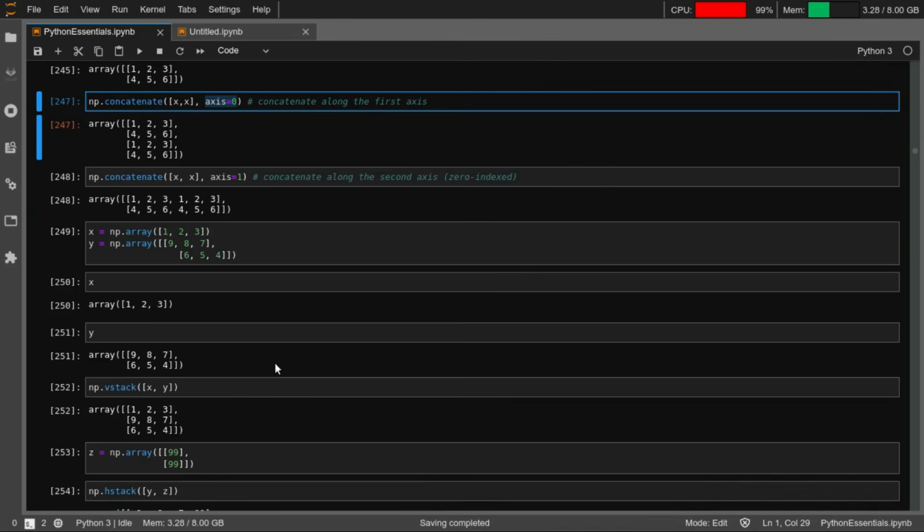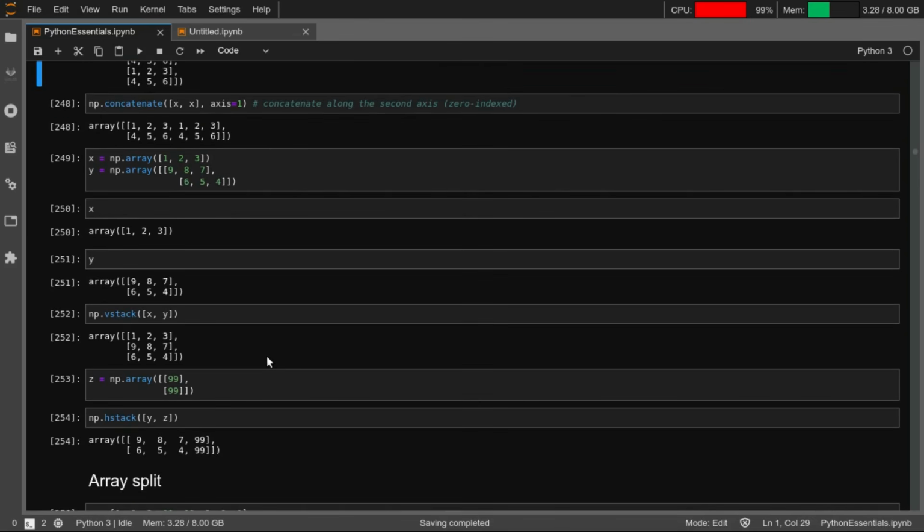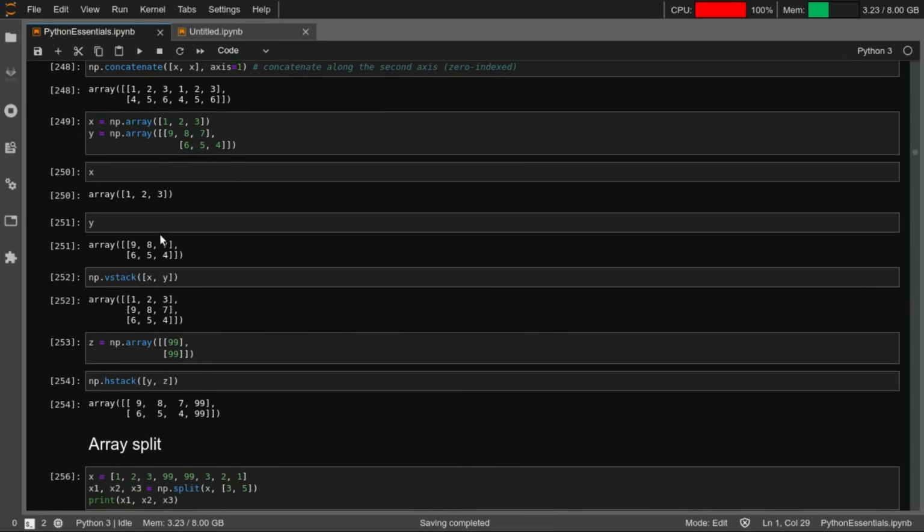Right. Another thing that you could do for concatenating is something called stacking, right? So you have two functions, vstack and hstack. They stand for vertical stacking and horizontal stacking, right? So you have two arrays here. One is a unidirectional array with 3 elements, and another is a 2 by 3 matrix, right? So what you can do is stack this vertically, saying that 1 2 3 can be stacked over this or below this, and that is a vstack,